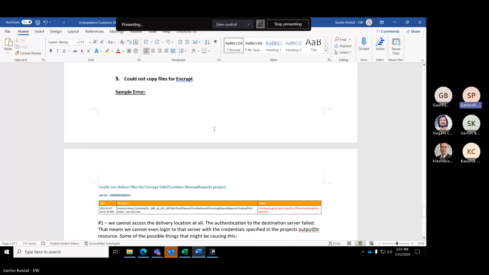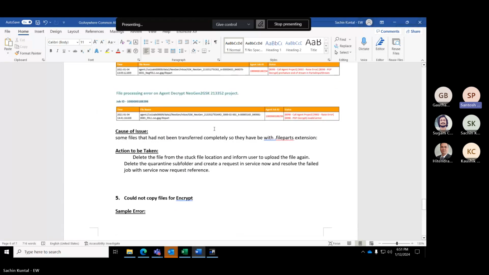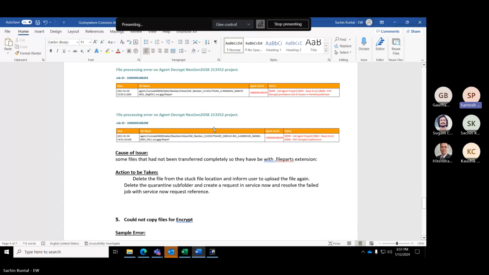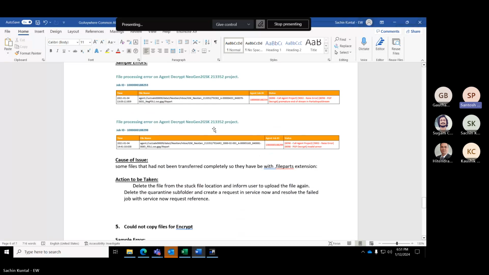Next, file part, is it something related to breaking up a very huge file into different pieces and sharing it across? I'm not sure about that because, as I mentioned, since we have not received it, won't be able to speak much on that. So we were never able to see, if we receive this, what is the job log and what all things are there in the log for this particular case.